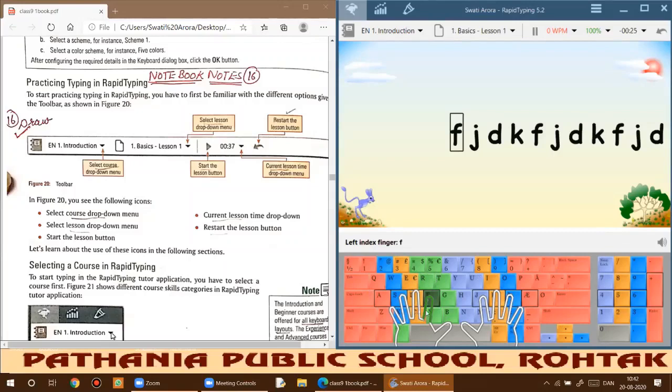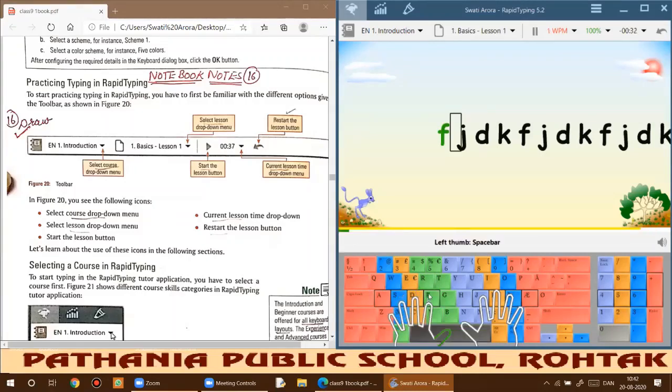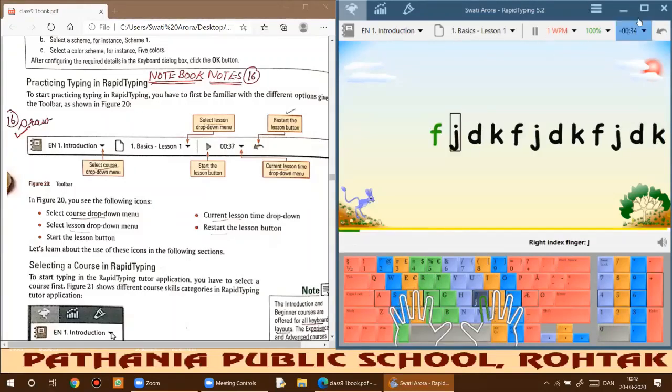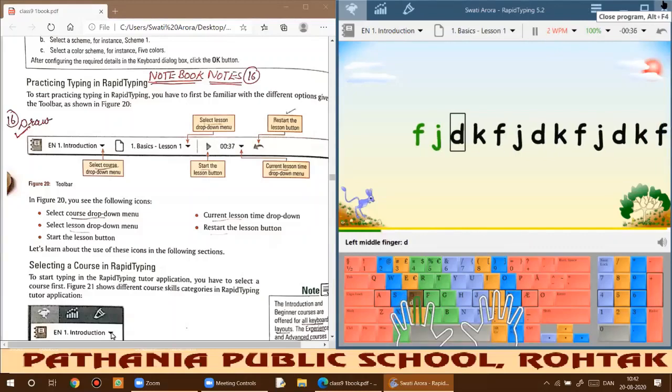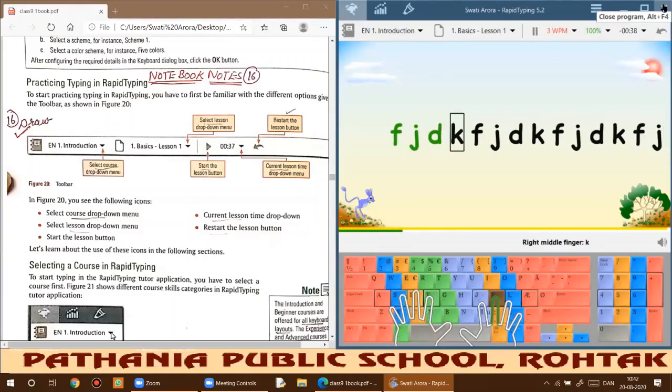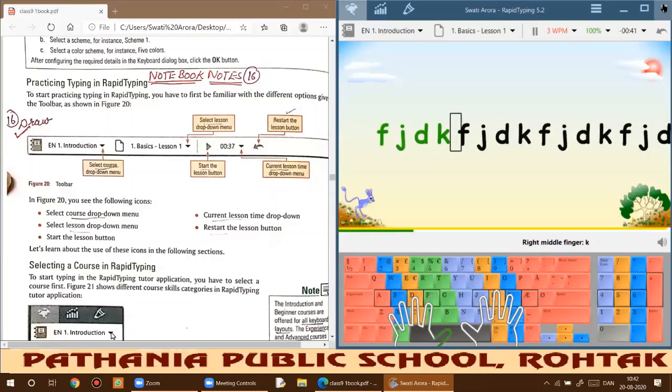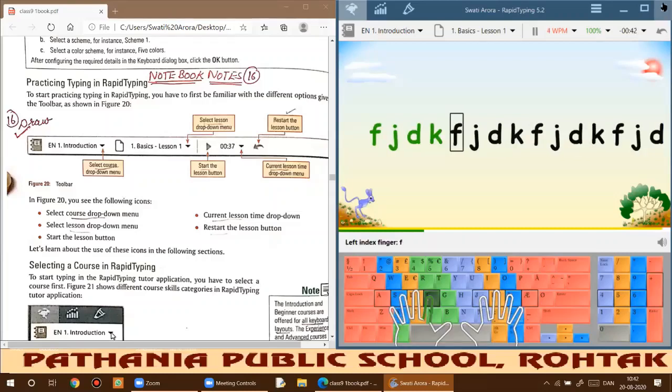So it will indicate the color here, the particular key will be highlighted. So you need to press it, and you need to use your thumb and all other keys so that you may type the things that are being highlighted. Okay, so just keep on doing.